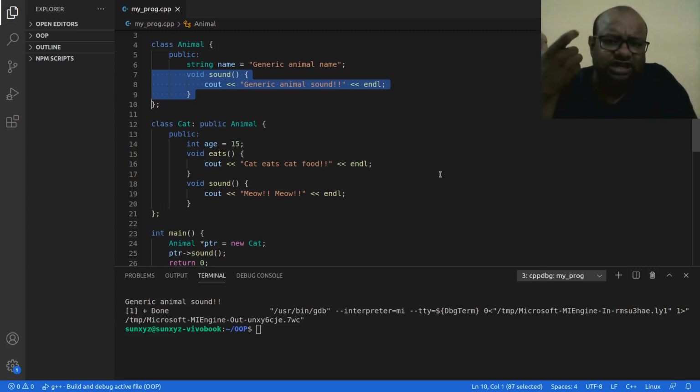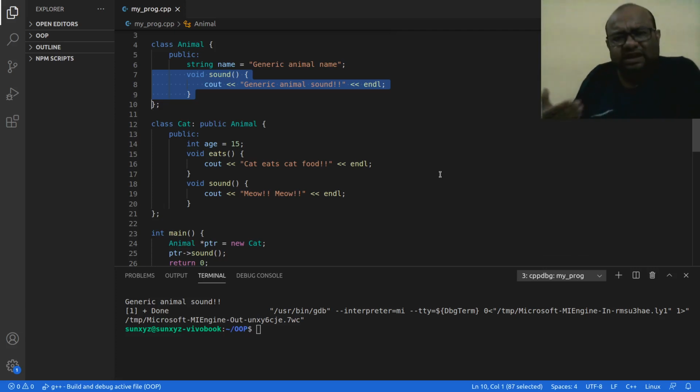Now when I use this animal class pointer to call the sound method, instead of calling the method in my child class, the method in my animal class is being called, right?